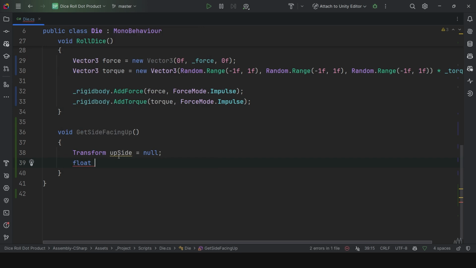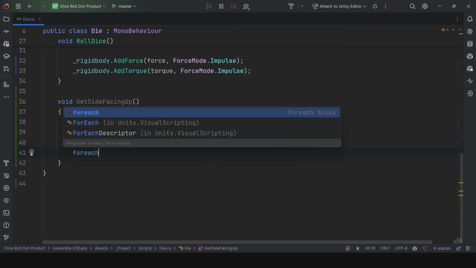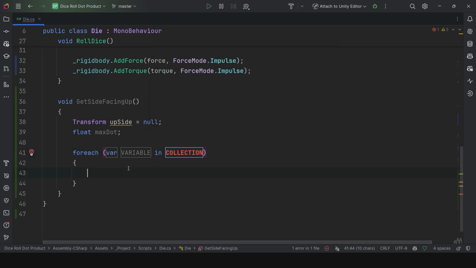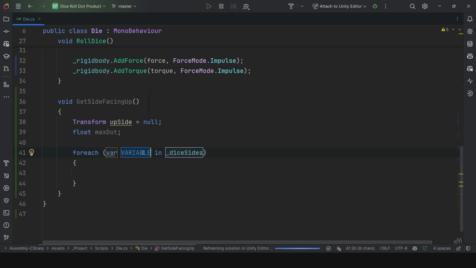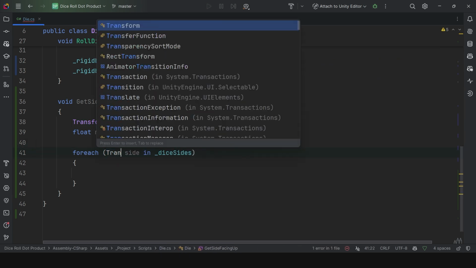We can also do the same, caching a reference to the side that has returned the maximum dot product so far. So let's just go ahead and call that max dot. And here's where we want to actually iterate over our dice sides array. So we can just do that using a foreach loop. We want to iterate over our dice sides array. We can just go ahead and call each individual iteration side, and we can go ahead and explicitly pass through